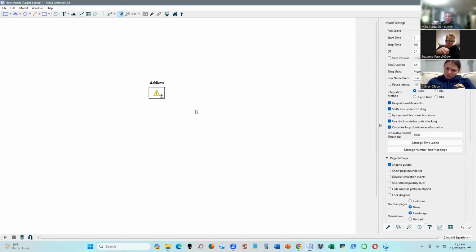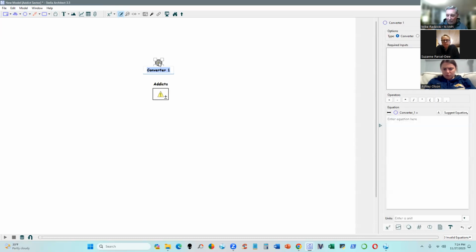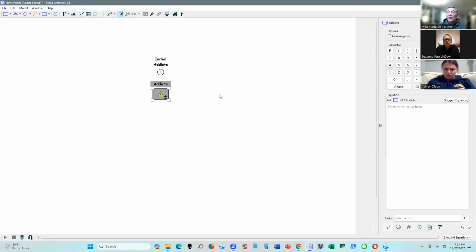So sometimes a more experienced modeler knows that they're going to be circling back here, so they're going to kind of save themselves a little work. So instead of making this a converter, I'm going to make it a stock, but I like to initialize my stocks outside of the stock. You might remember me saying that earlier. So over here, attics initially is initial attics,